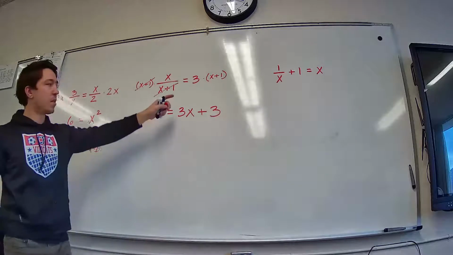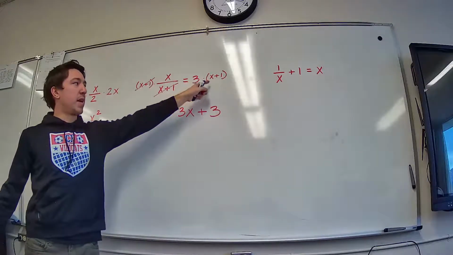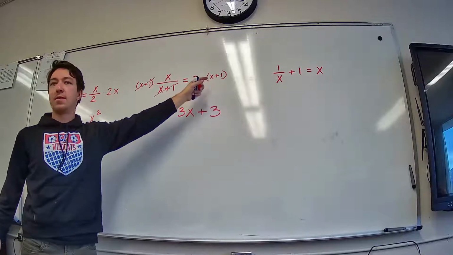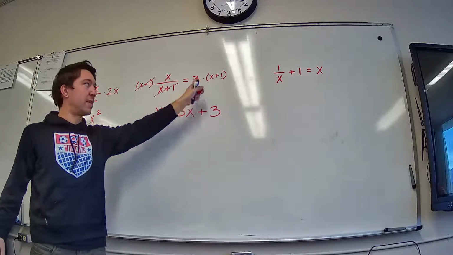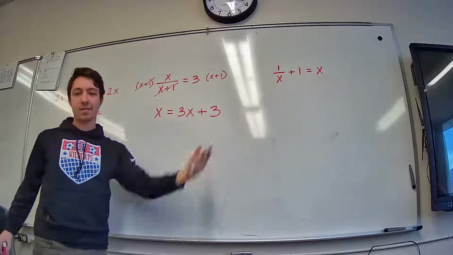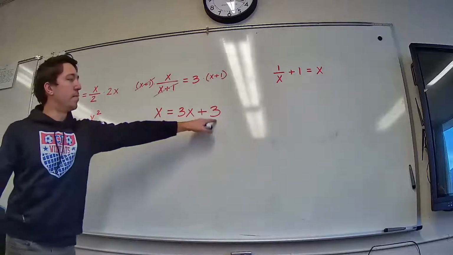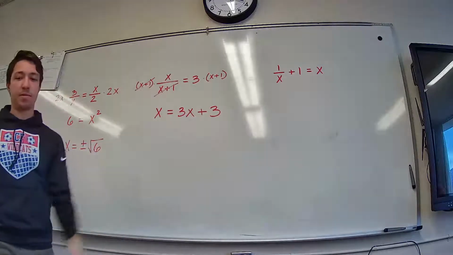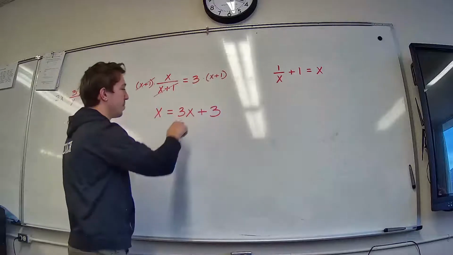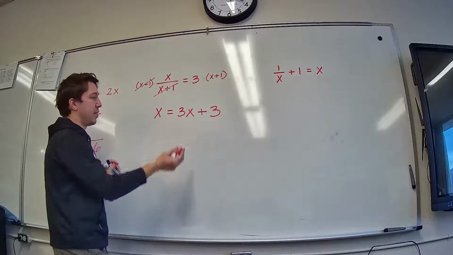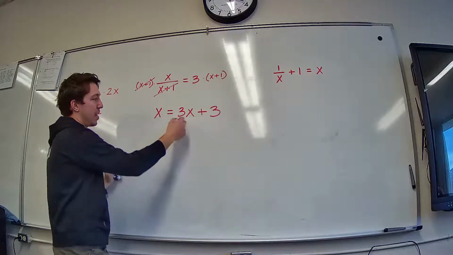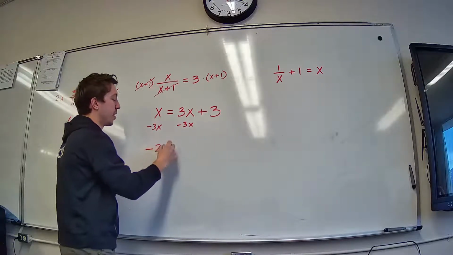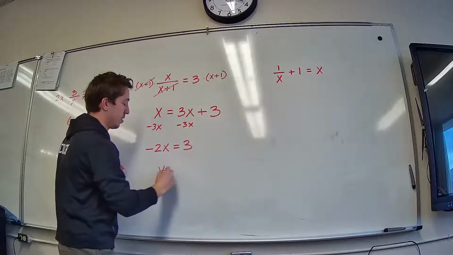3x plus 3. Don't forget, sometimes people write a little times x plus 1 without the parentheses, and then they forget that you're actually multiplying. The 3 is multiplying the entirety of x plus 1, not just the x. Make sure that's not a 1, basically. That would be the mistake that people sometimes make, where they have 3x plus 1. Okay, let's solve this. Maybe subtract 3x from both sides. You have negative 2x equals 3.